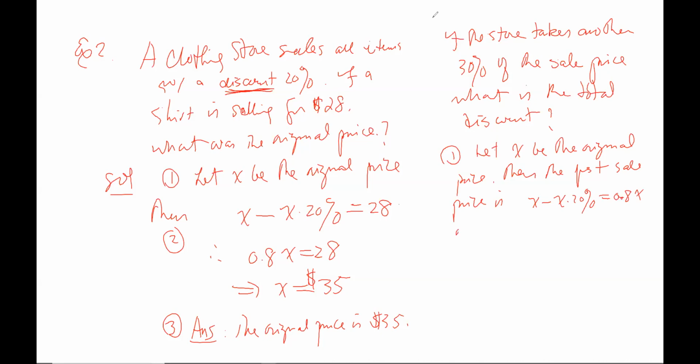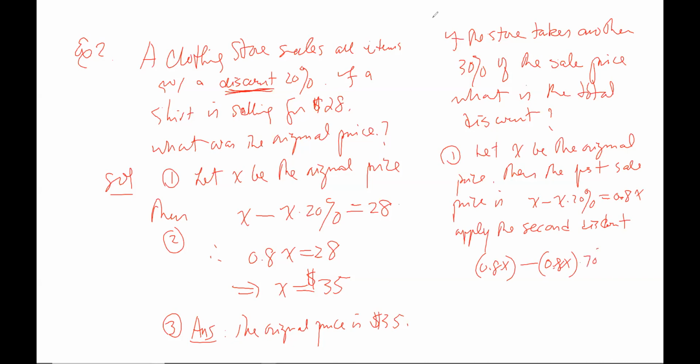Now apply the second discount. So this is the new sale price, right? Then you subtract from 0.8X, the new sale price, times